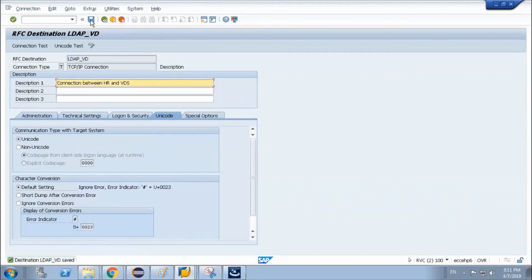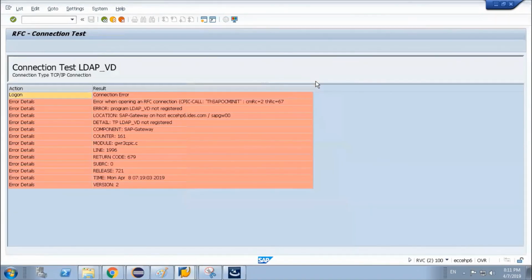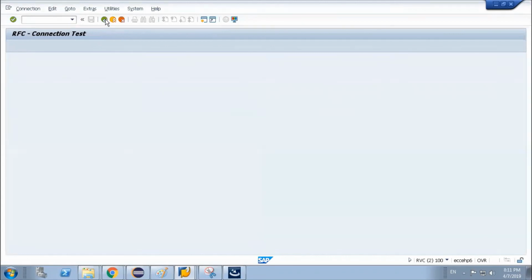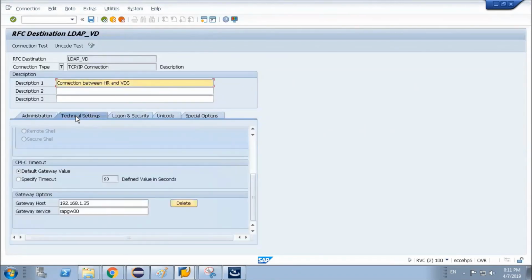There is a guide for this, you can see page number 48. LDAP underscore VD not registered. Do we have to register that program?